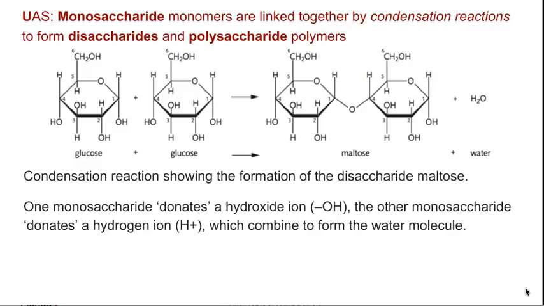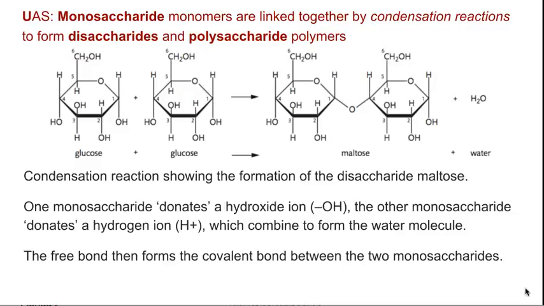One monosaccharide donates a hydroxide ion, the OH group, and the other monosaccharide donates a hydrogen ion, the H plus group, which then form the water molecule. The free bond then forms a covalent bond, the sharing of electrons between two monosaccharides. So we can see here the OH group and also the H group, and these two combine, electrons are shared, and we result in this bond, this glycosidic